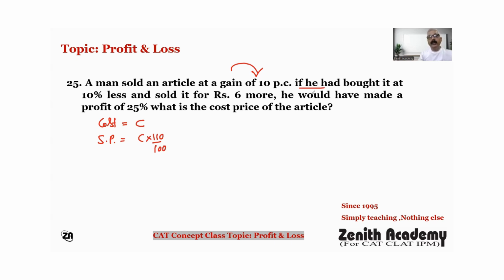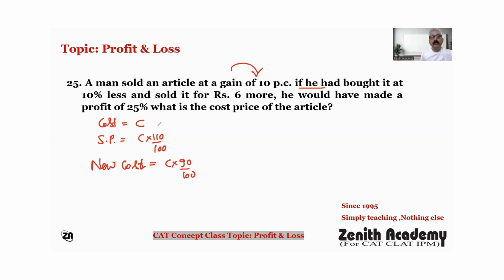If he had bought it 10% less, means with a certain condition, he bought it at 10% less. 10% less means the new cost. Actually, it is an imagined cost, not a new cost. So the new imagined cost will be